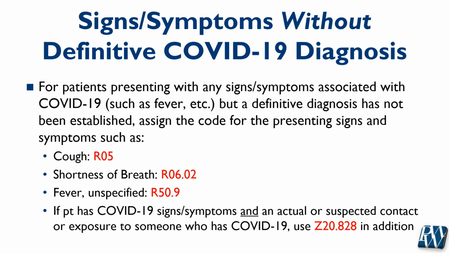Some of the other signs and symptoms may be relevant, even without a definitive COVID-19 diagnosis, and may still be something that you want to document for future reference or to explain the patient condition. These include cough, shortness of breath, fever, generalized fever. We have the codes here for you for all of those. Keep in mind also, if the patient has COVID-19 signs and symptoms and an actual or suspected contact or exposure to someone who actually has COVID-19, then you should also use that Z code in addition to these. That again is